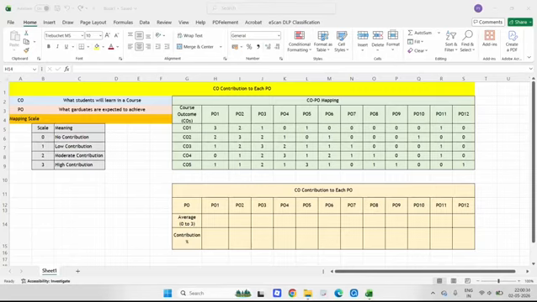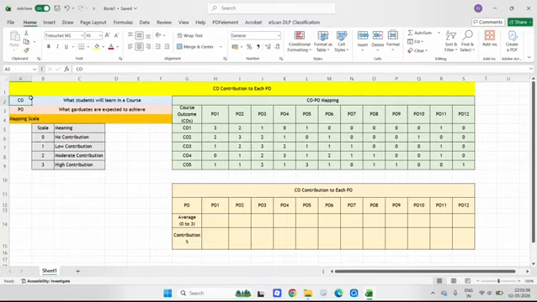If you want to learn how we can map CO to PO, just watch my previous videos, because I have already made four to five videos on CO attainment, PO attainment, and how to do CO-PO mapping. In this video, I will only discuss how CO is going to contribute to each PO. That means we can calculate what percentage CO is contributing against PO1, PO2, PO3, PO4, PO5, PO6.